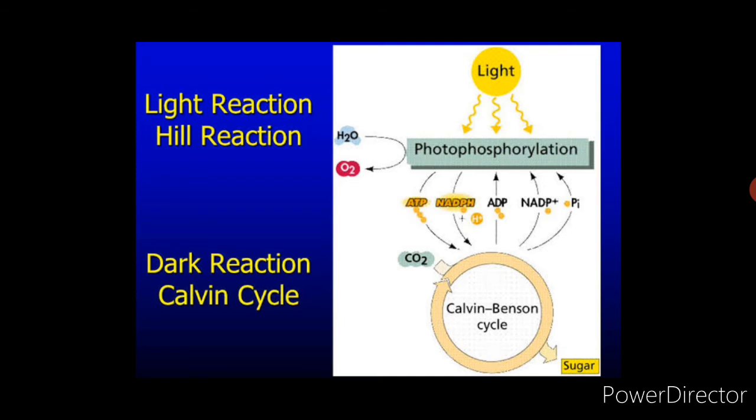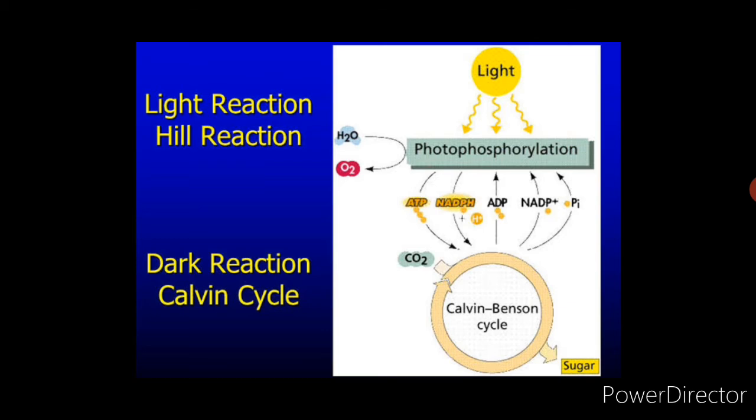Now this will take place in the stroma, because the products of the light dependent reactions enter into the stroma, isn't it? During this reaction, the carbon dioxide is reduced into carbohydrate with the help of all the products obtained in the light reaction process. This is called the Calvin process, and this takes place in the absence of light, so it is called the dark reaction.